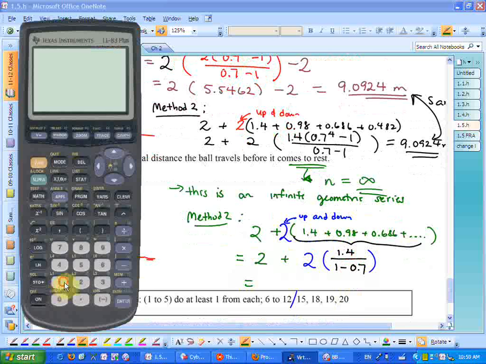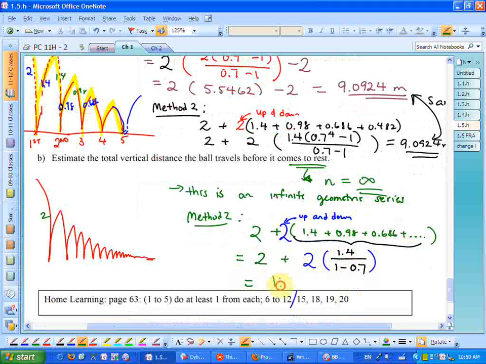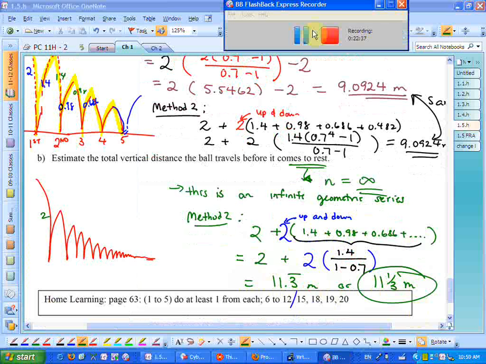Calculator time. 1.4 divided by bracket 1 minus 0.7 times that by 2 plus 2. And ladies and gentlemen, I think Graham and Hisham got it. 11.3 repeating meters, or if you like fractions, 11 1/3. Congratulations, gentlemen. Okay. All right, so now you should be able to do